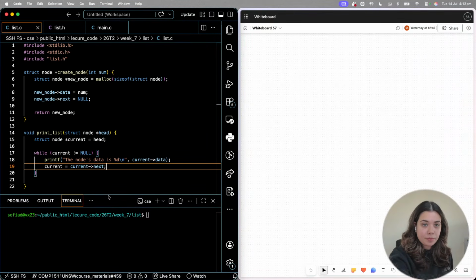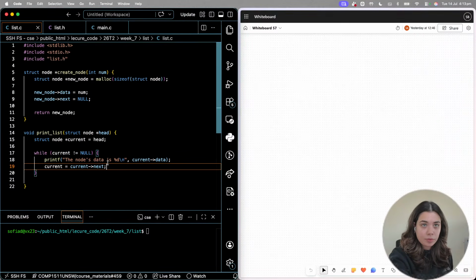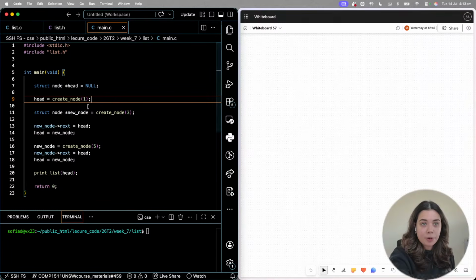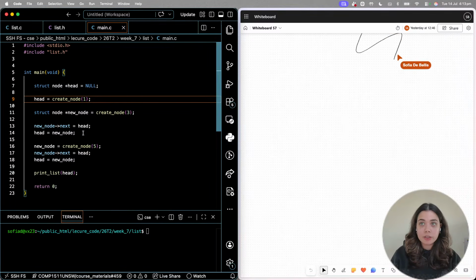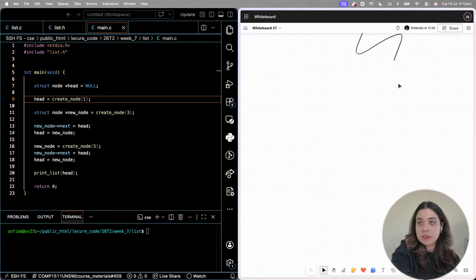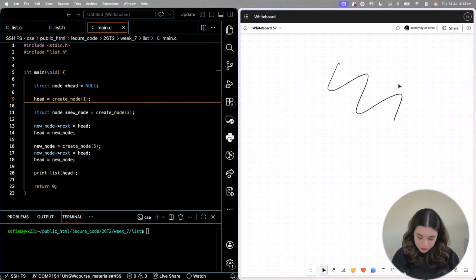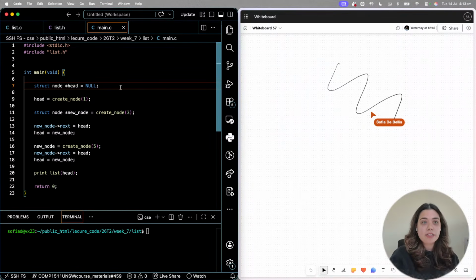We'll hop over to main.c and follow this line by line. Perfect. Okay, so the first thing we do here on line 7 of our main function is